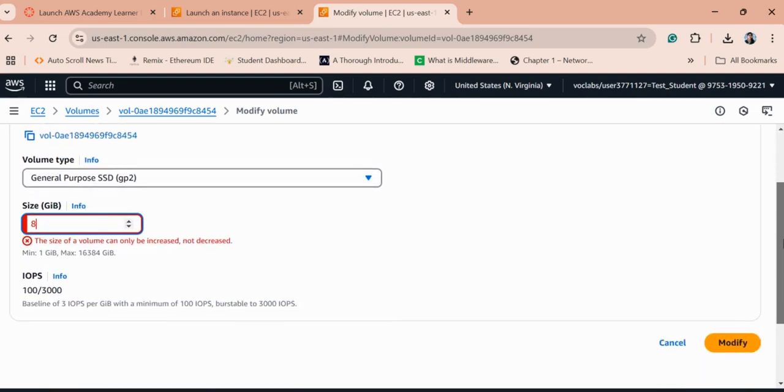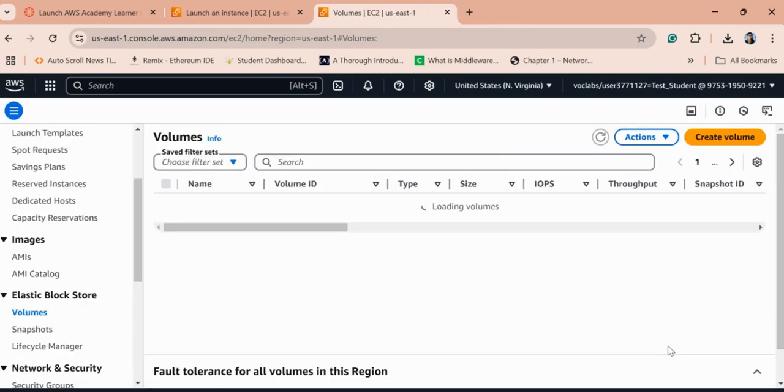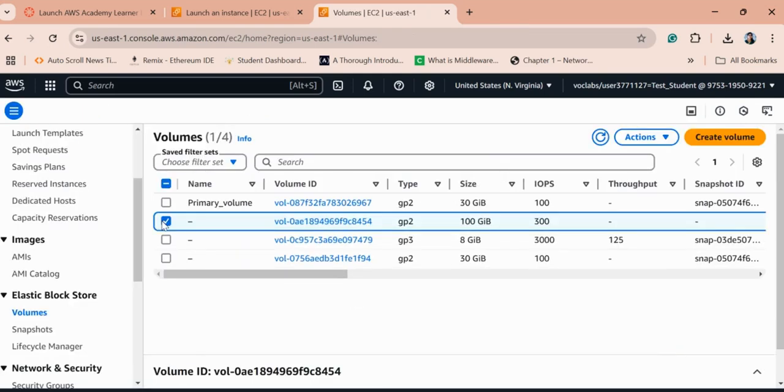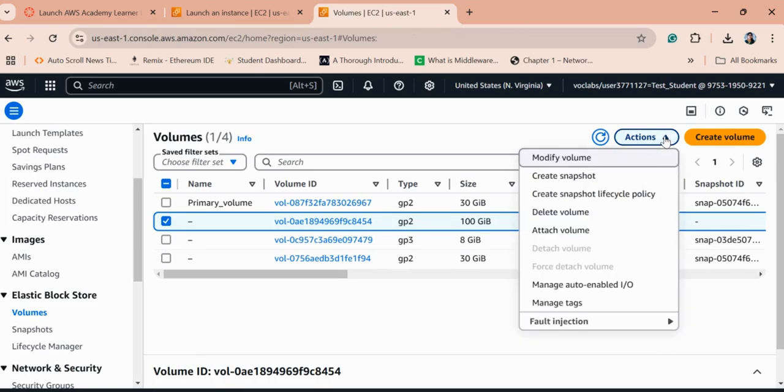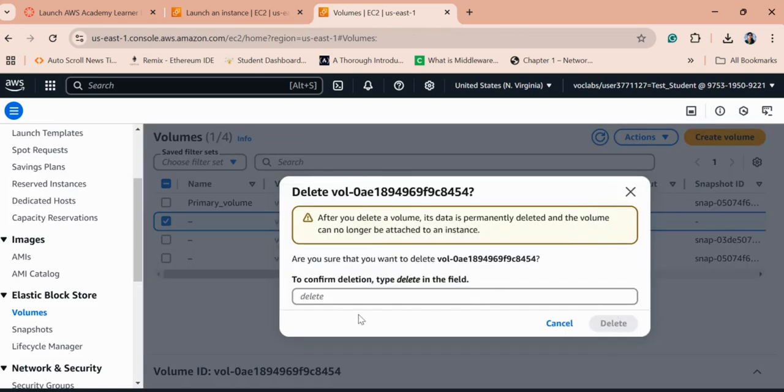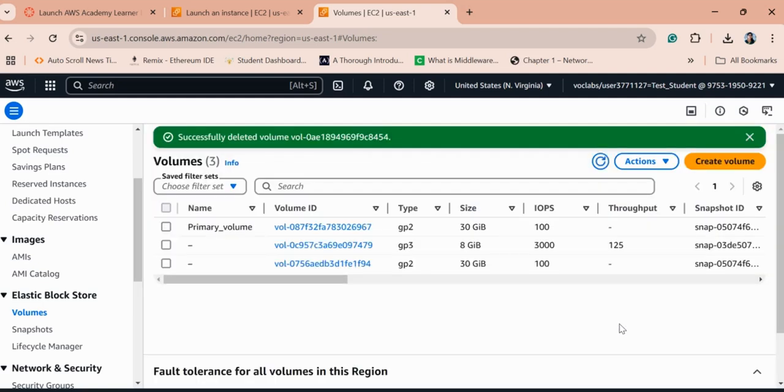Okay, so volume can only be increased. So I'm just going to cancel this one and I'm just making one new volume. Why? Because I don't want this volume, right? Action, I just want to delete this volume. Just click on delete volume. It will be deleted. Now I'm just going to create one volume,